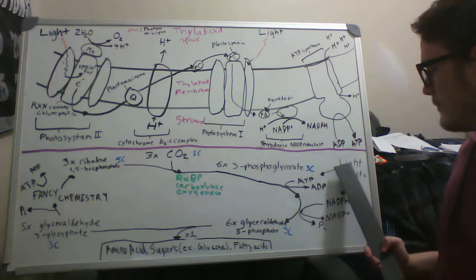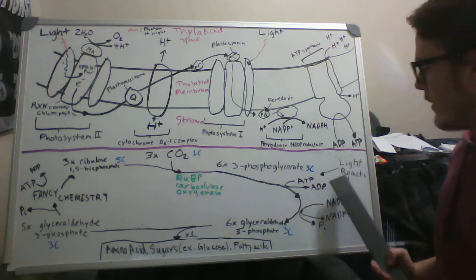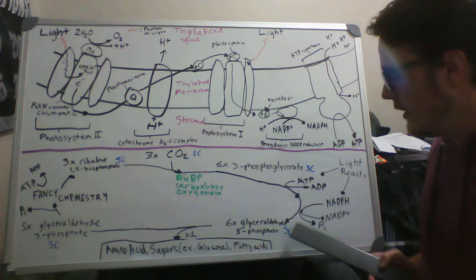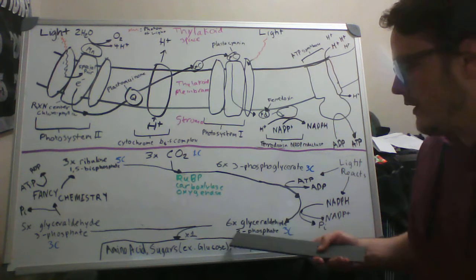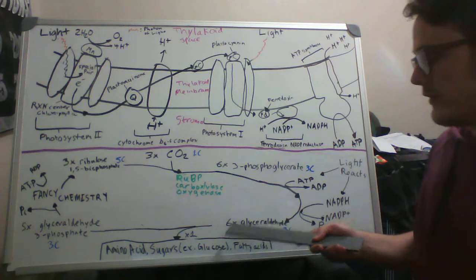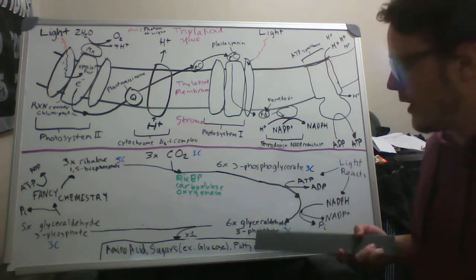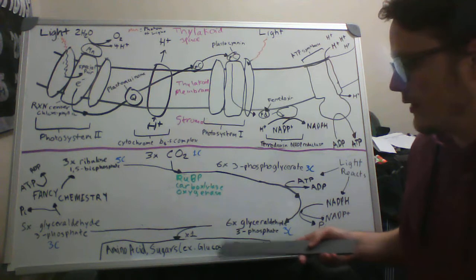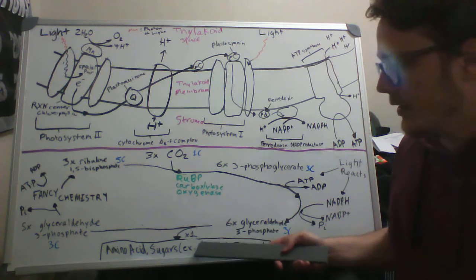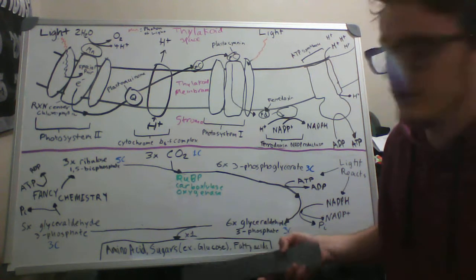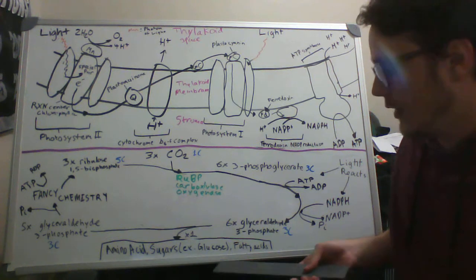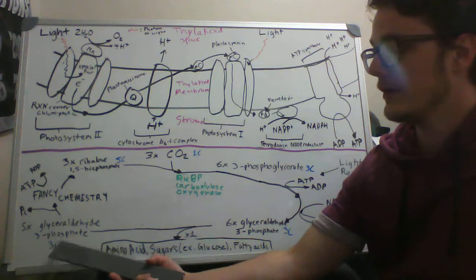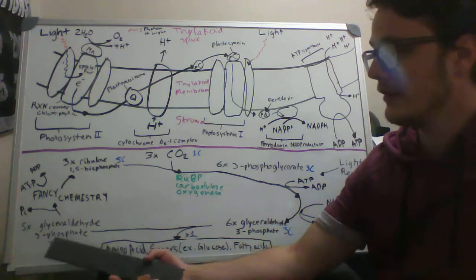And these ATP and NADPH just come from the light reactions. And at the end of that it gives us 6 times 3-carbon glyceraldehyde 3-phosphate molecules. And one of the 6 goes over here to amino acids, sugars such as glucose, and fatty acids. With the rest of them, the rest of the 5, they go over here and stay in the Calvin cycle